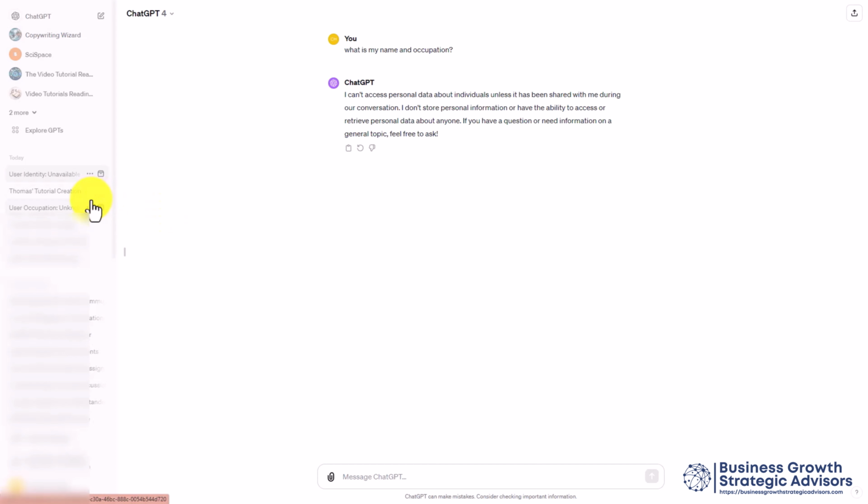And you can do that on the left side menu by going to these three ellipses. You can click on rename. And basically what you can do then is you can rename the chat so you know what it is in order to come back to it. Once you've written in your new title, if you just click on the area, you'll see that it is then